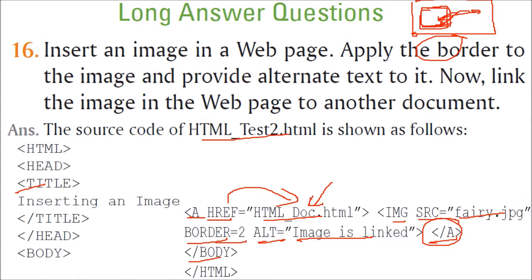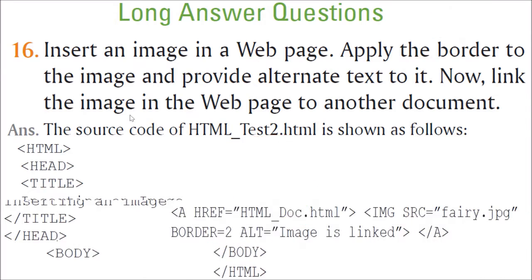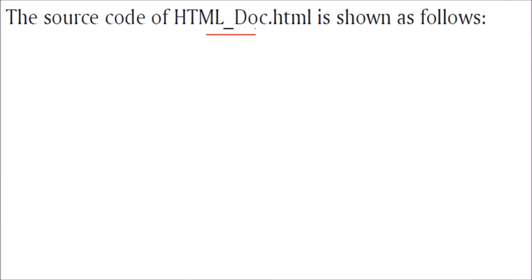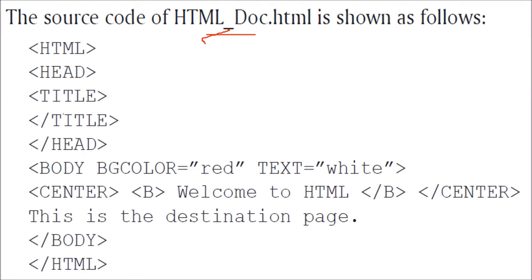Now you also ought to have the code for this particular HTML. So this is the code for the page. When the image is clicked, it will take you to some page. This is the .html. From here to here these are customary things. Then inside body, give some color, some text, anything, because this is just to show you that when we click, we go to some web page.